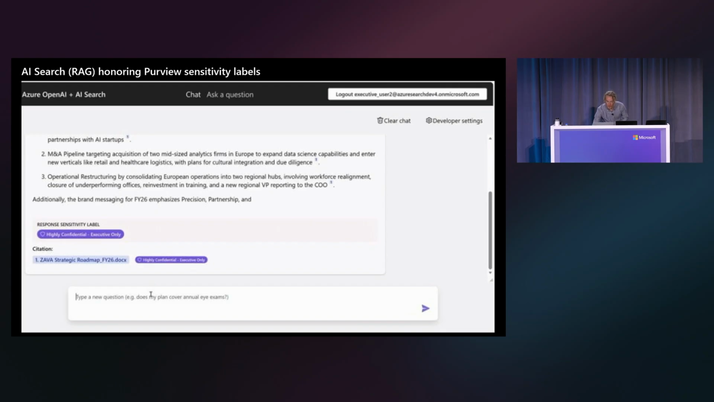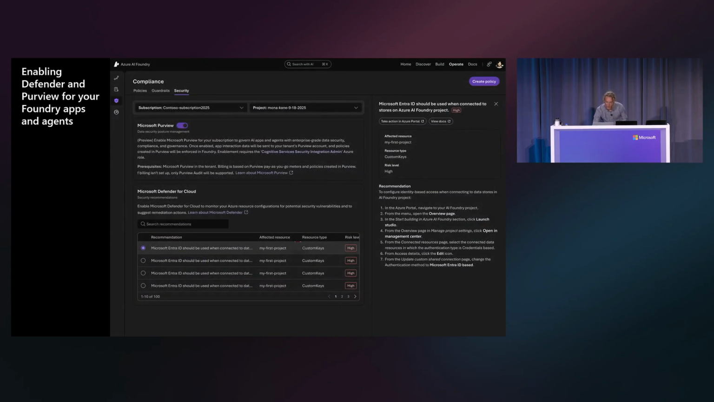Okay. All right, the second thing before the live demo, the last thing before the live demo, is that one thing Foundry Control Plane is announcing today is one-click enablement for developers of both Defender threat protection and Purview data security for all of your AI apps and agents in Foundry. So in the compliance tab of Control Plane, which you're seeing here, and I will show you live in a minute,